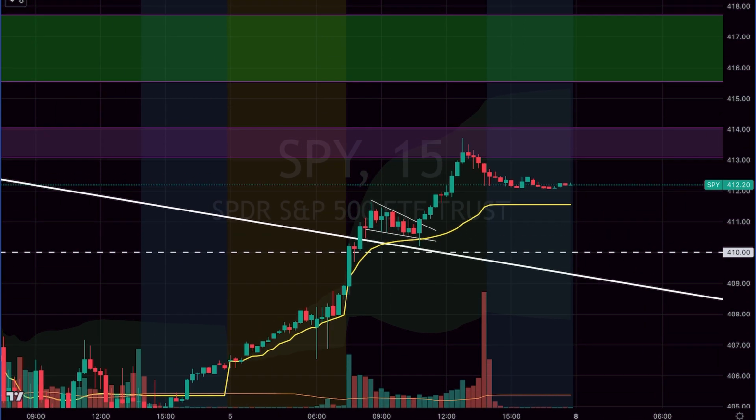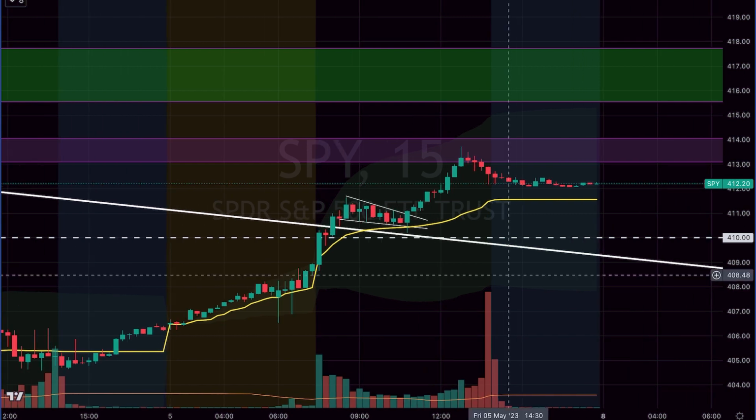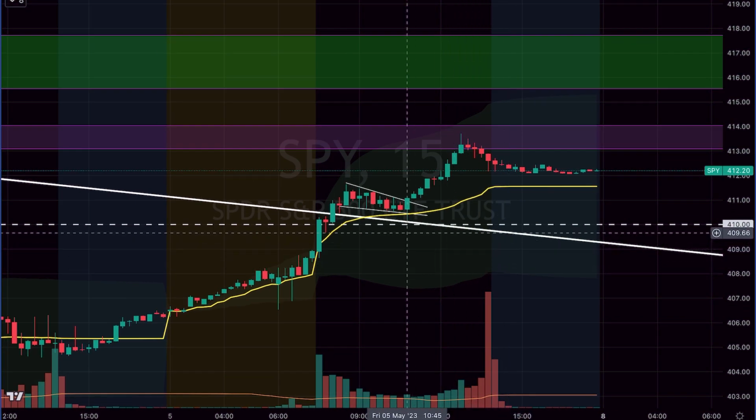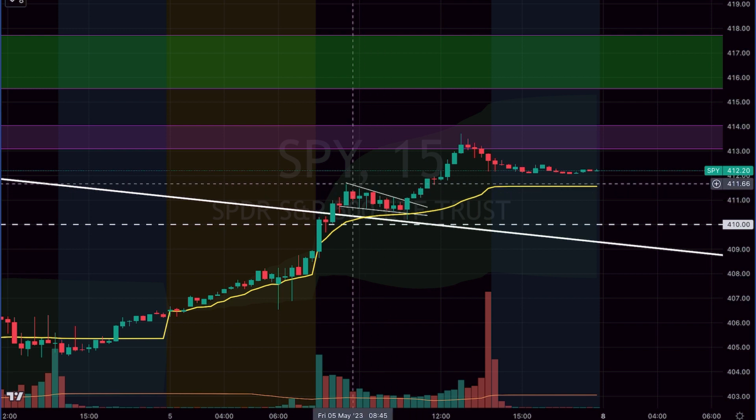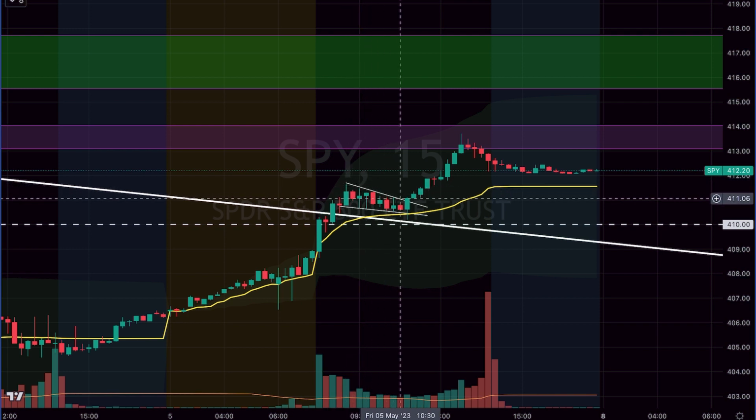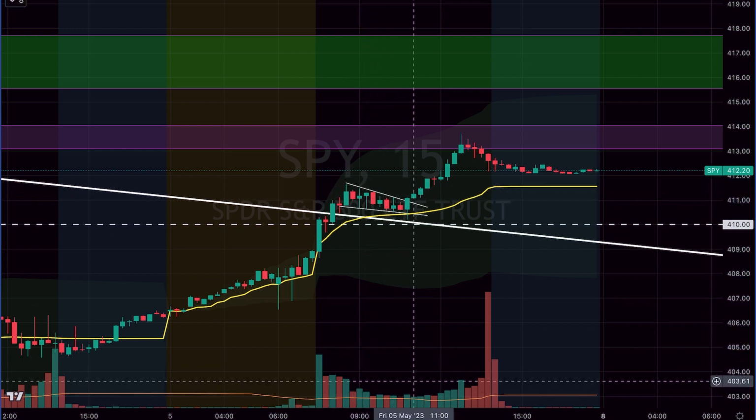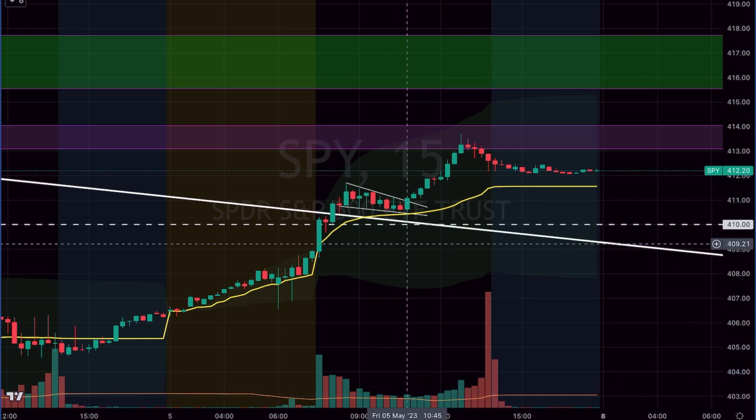So how would we play this bull flag, right? We would take on a breakout of this bull flag, right? The breakout of this resistance of the bull flag, which is here, with rising volume. I always want to see rising volume. You would enter in calls here, right? So I would enter in calls here, and then my targets would be,